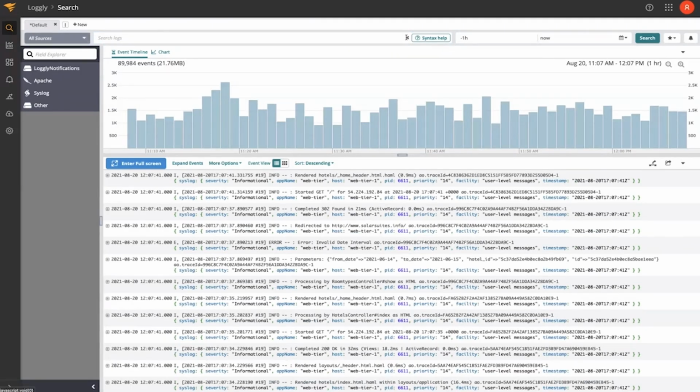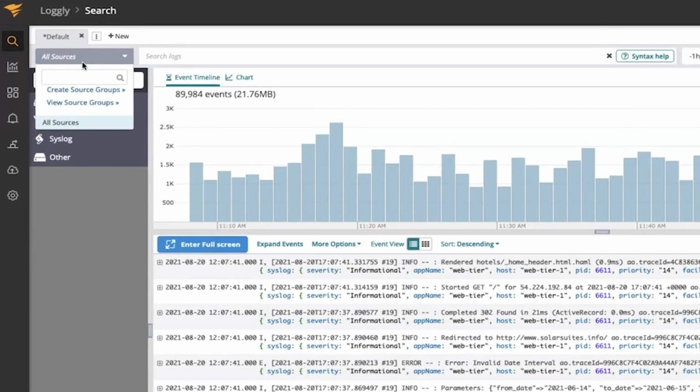Looking at what's available to help filter logs, we have different source groups. Now, a source group allows us to partition the environment logically by application stack or by infrastructure. Say you want to look at just network infrastructure, switches, routers, firewalls, or you just want to look at servers and virtual machines. You can create the source groups that make sense for you and use those to filter the